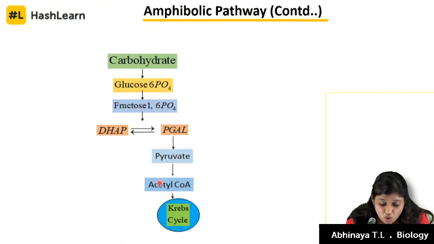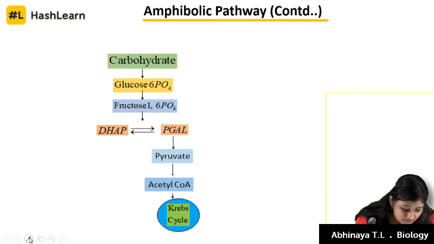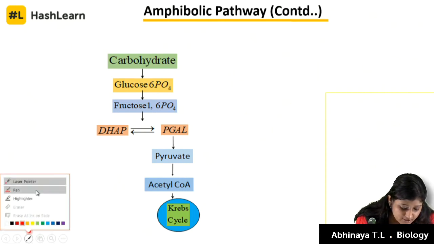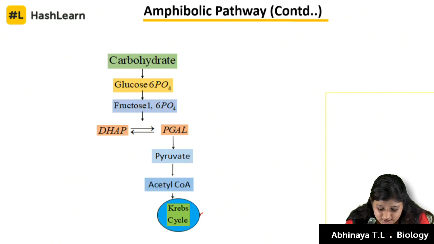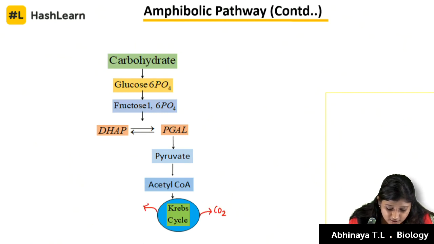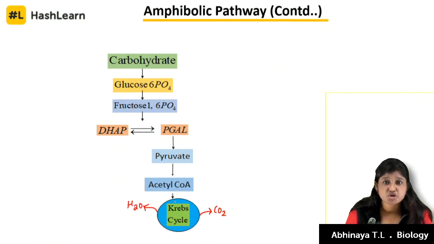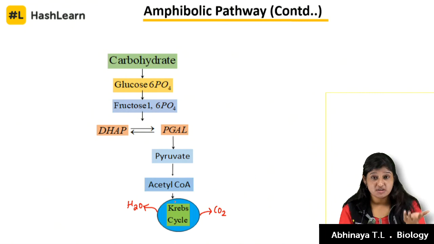Pyruvate to acetyl-CoA is our link reaction or pyruvate oxidation. Acetyl-CoA gets inside the Krebs cycle. There are so many reduced coenzymes getting out. With this Krebs cycle, carbon dioxide gets out, the water gets out. So this is the entire shortened summarized scheme of the fate of carbohydrate through glycolysis, pyruvate oxidation, then